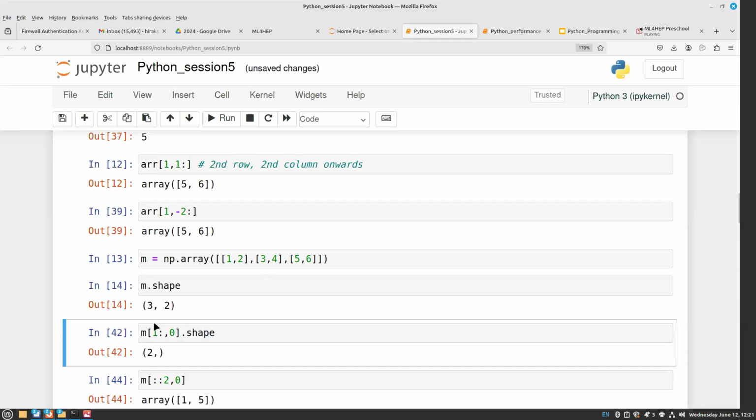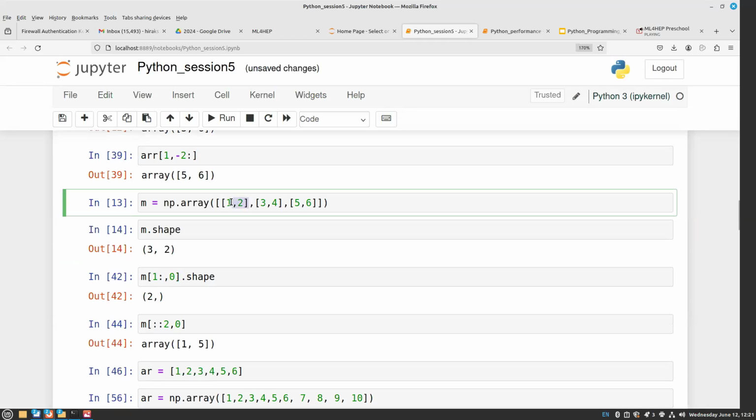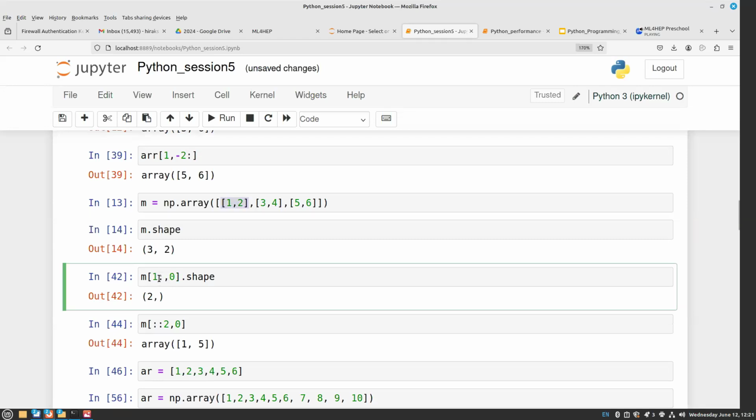So you have 3 rows and 2 columns, and now you can extract something. For example, I'm saying m1 colon comma 0. That means I'm talking about the first column, and in the first row I am taking the